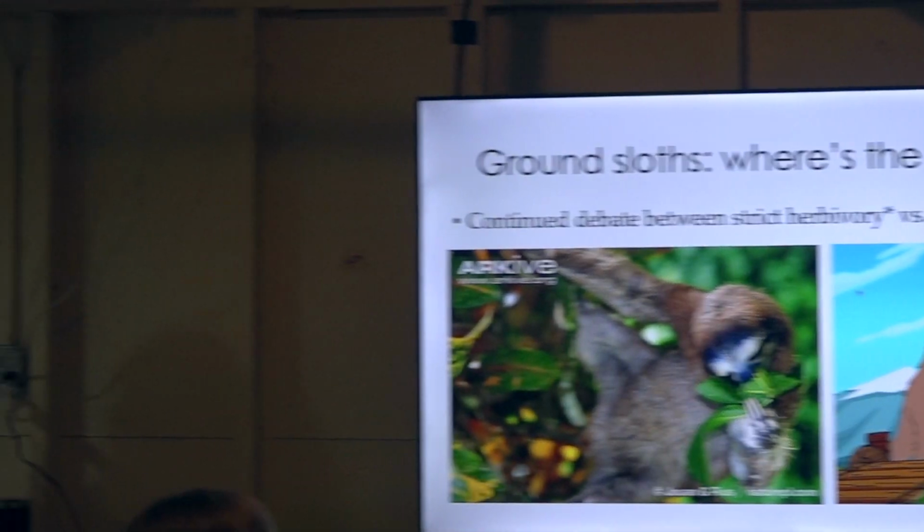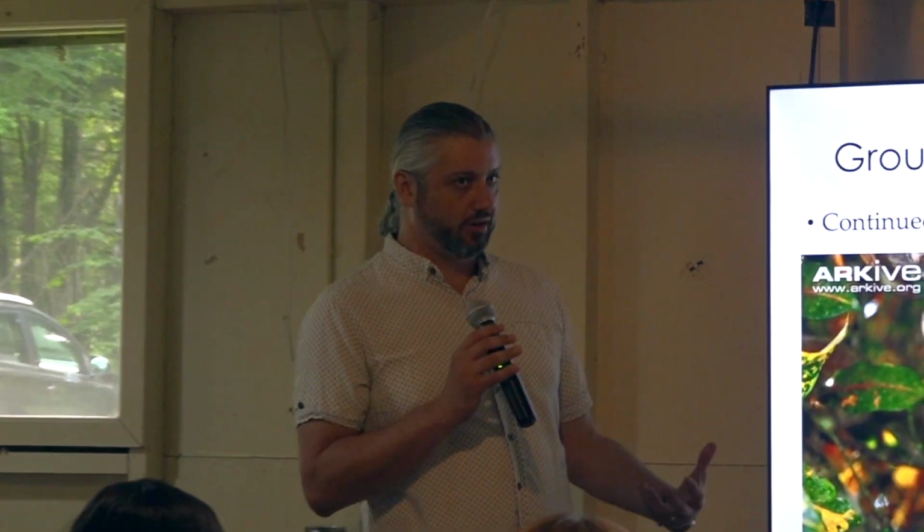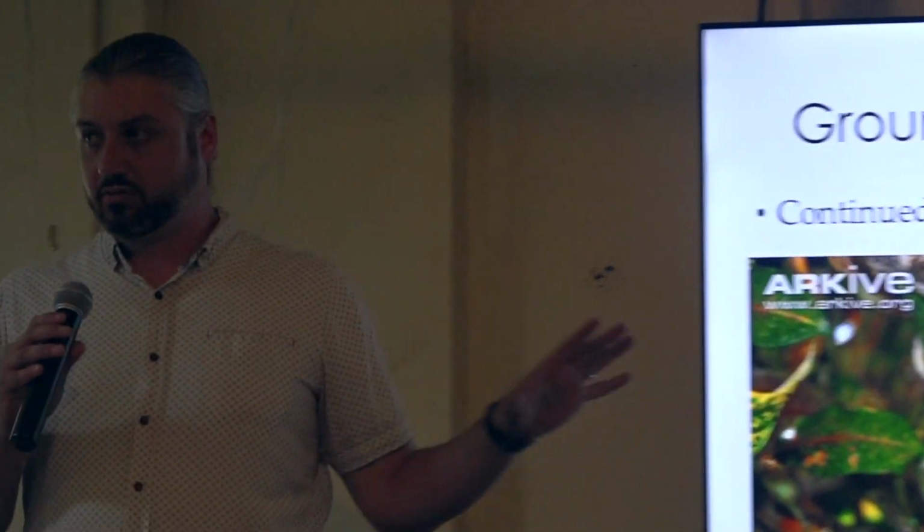So there's this South American paleontologist who came up with this theory that maybe Megatherium, the largest ground sloth to ever evolve, was a secret meat eater or maybe a scavenger or an omnivore. The reason he came up with this theory is there are these fossil sites in South America that produce tons and tons of sloths of different species and other herbivorous animals, and we haven't found any predators at these